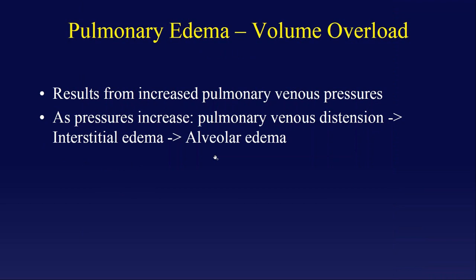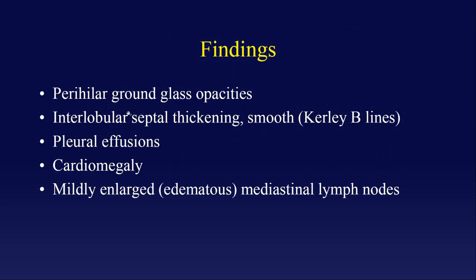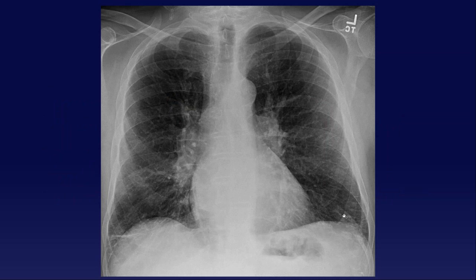And pulmonary edema. Let's see, I think we're getting close to the end here. Got to move on to the next talk. It's caused by increased pulmonary venous pressures, and basically what you get are interlobular septal thickening, ground glass opacities, pleural effusion, cardiomegaly, and you can also on CT sometimes see enlarged lymph nodes. They get a little boggy. See these lines out here? They are called,